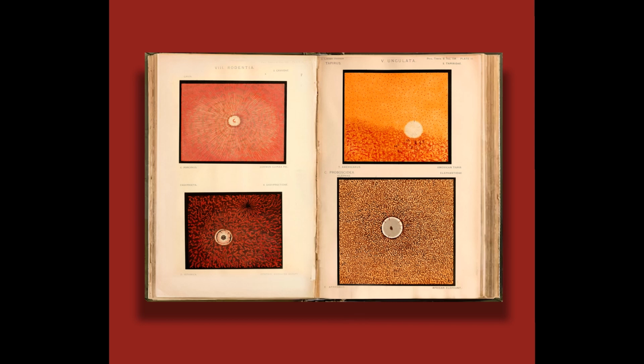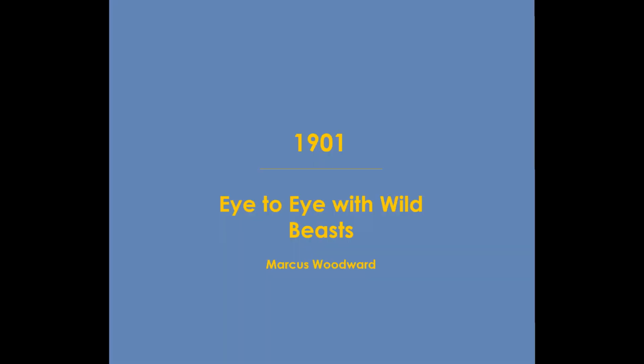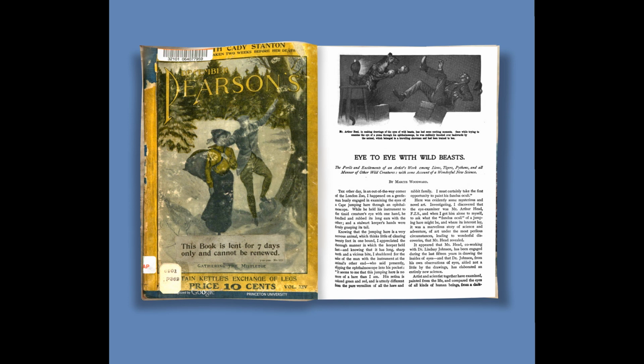This publication features 50 colour retinal paintings of animals ranging from the common guinea pig to an African elephant. Head's work was becoming known outside of ophthalmology, and he was interviewed for a magazine in 1901. In an article by Marcus Woodward, it details Head's account of working on Lindsay Johnson's book. The image at the top illustrates Head's encounter with a puma who took umbrage to being examined. Head was unaware at the time that this puma had been trained to box by a local circus, and was forced to defend himself armed only with an ophthalmoscope